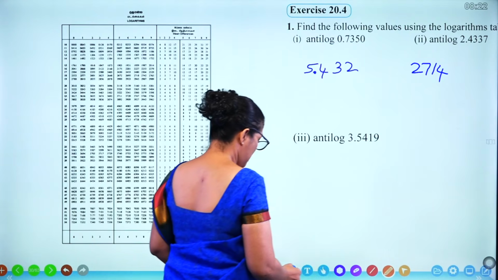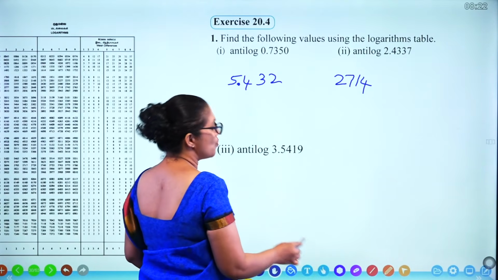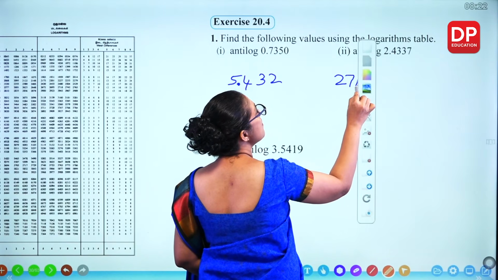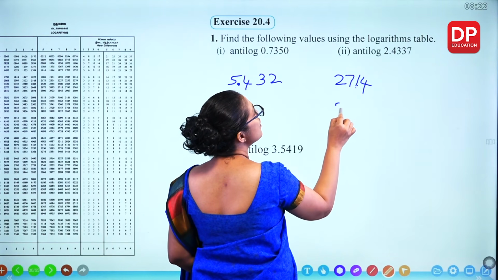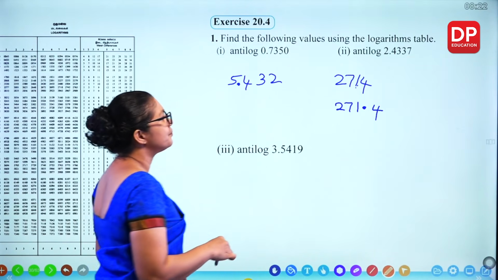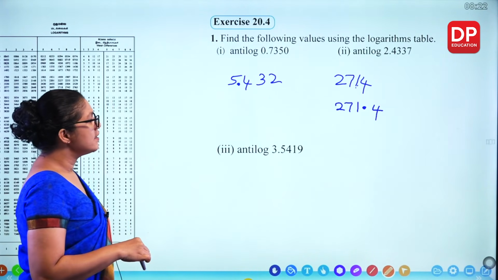And the characteristic is 2. That means you are moving 2 places to the right. The decimal place is here. So what's the answer? 271.4. Next one, anti-log of